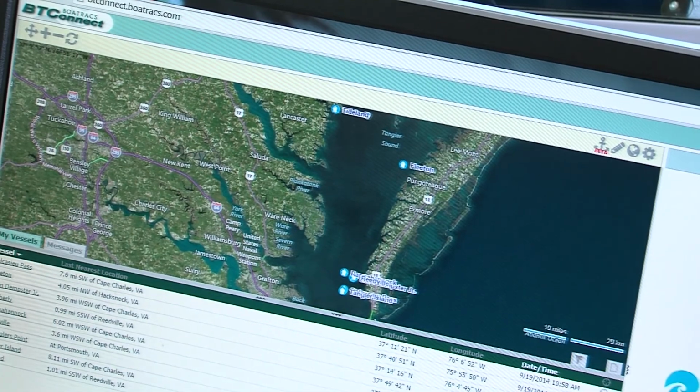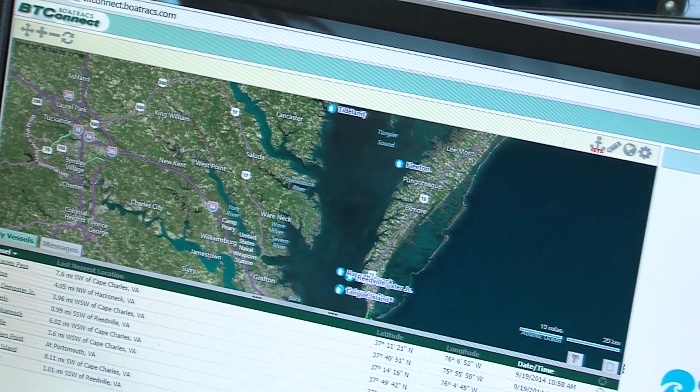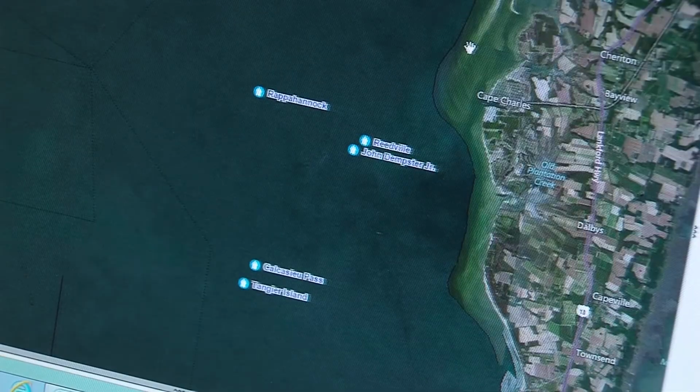And they'll compile this reconnaissance report, and they'll call all of our captains at home. And they'll tell those captains where they saw those fish. A captain then will really have to use his experience and what he believes those fish will do based on the weather conditions for the next week, and he'll decide where he wants his boat to be on Monday morning when the sun comes up to give him and his crew the best chance of catching as many fish as